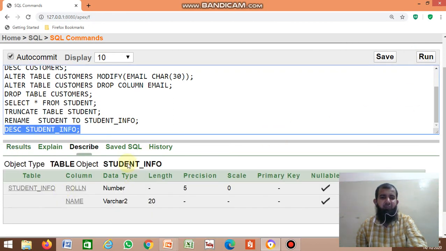So it displays student info. If you write DESC student, it doesn't display because the name is changed to student info. If you write DESC student info, it displays the structure of the table.